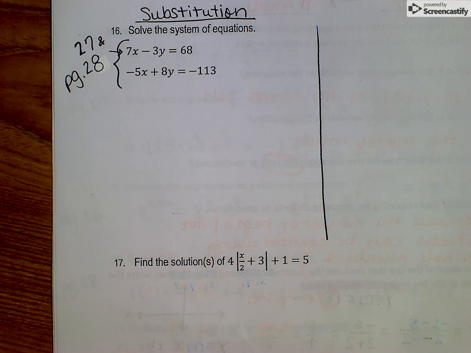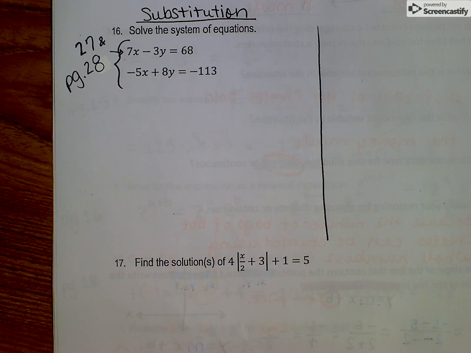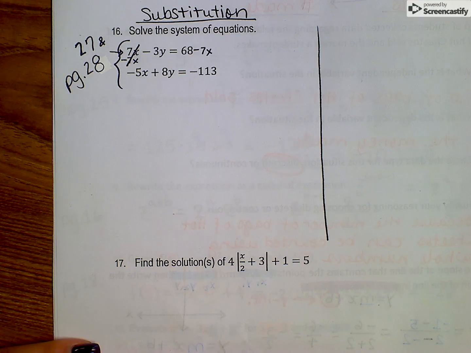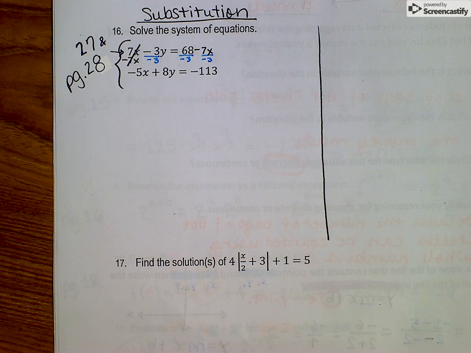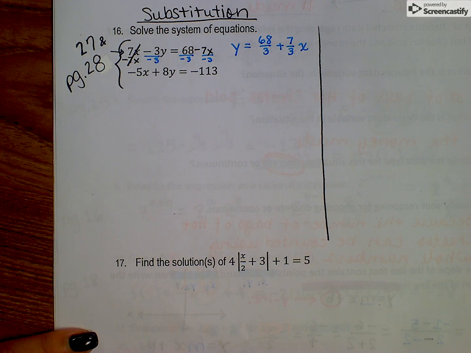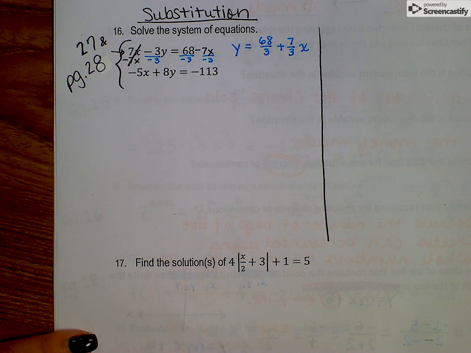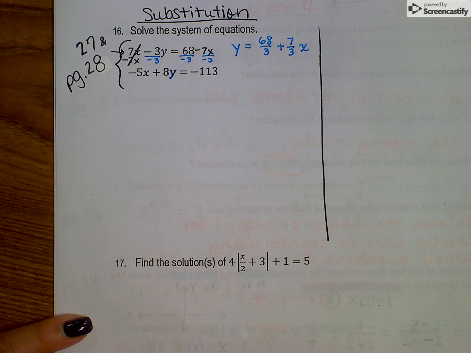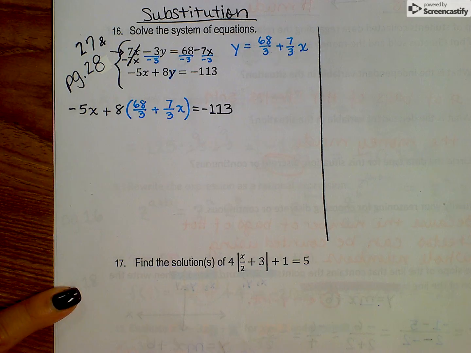And I think I will solve for y by subtracting 7x from both sides and dividing by negative 3. And I can already tell this is not going to be pretty. Maybe I should have done elimination, but I'm already here. I'm going to go ahead and go through this quickly. I'm going to substitute into the second equation here for y. And I can guarantee you that you will not have giant numbers like I have here, but let's go ahead